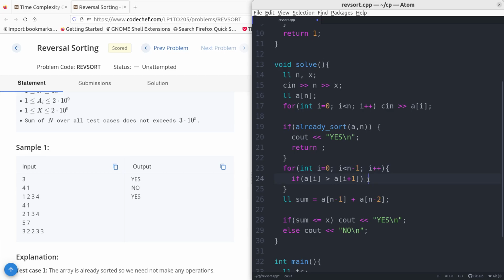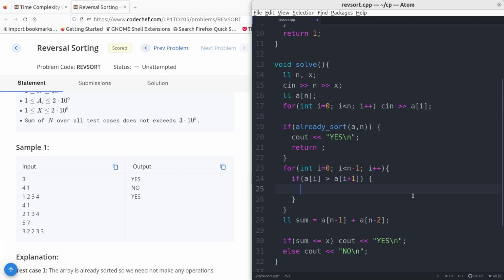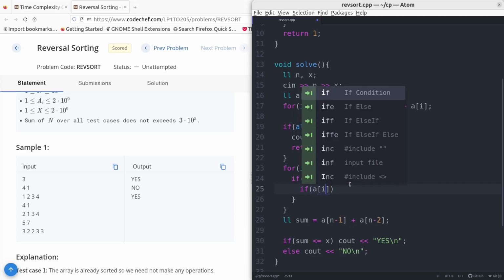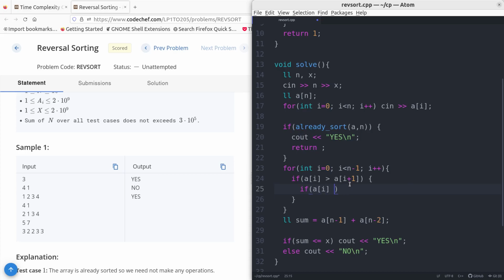If it is not, yeah, this is the only problem. So if they are reverse, it doesn't matter if the sum is greater than x. Only if they are in this way, where if the first element is greater than second element, and if their sum is greater than x,